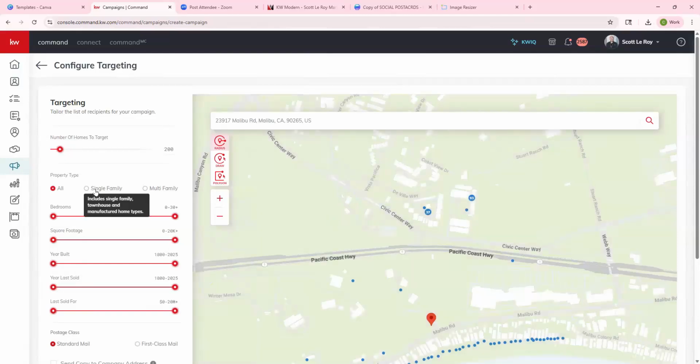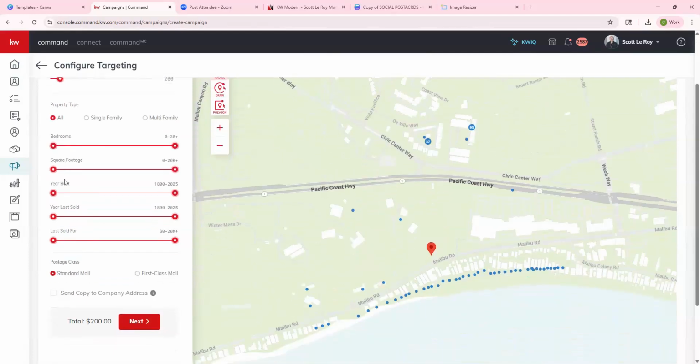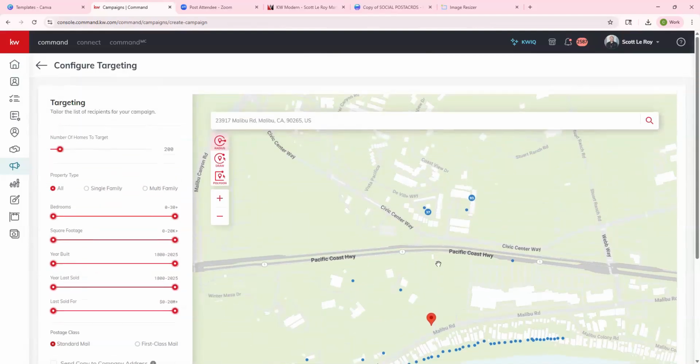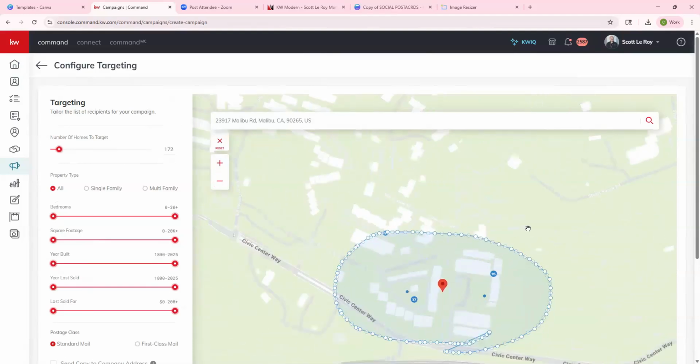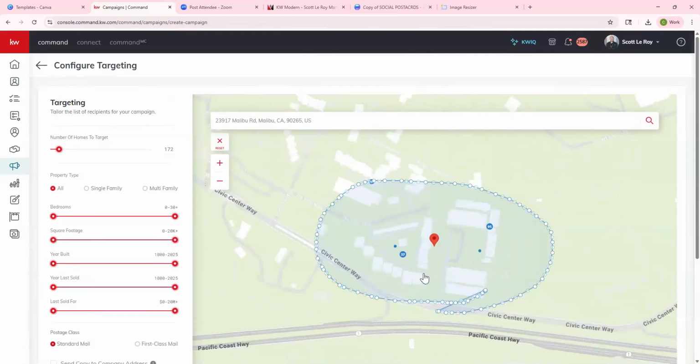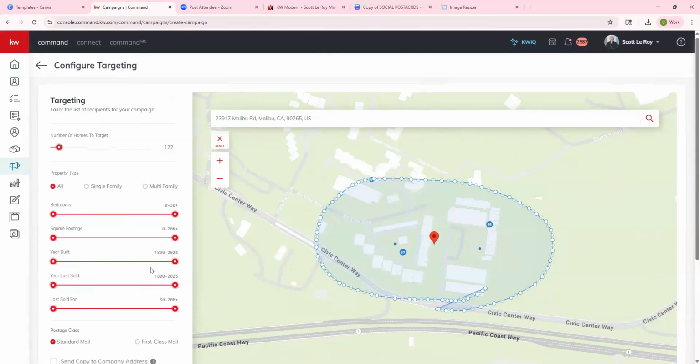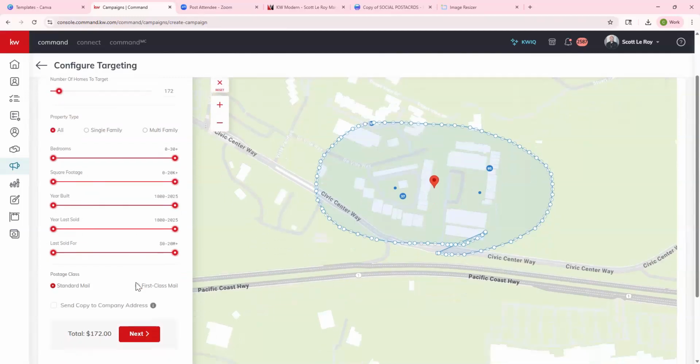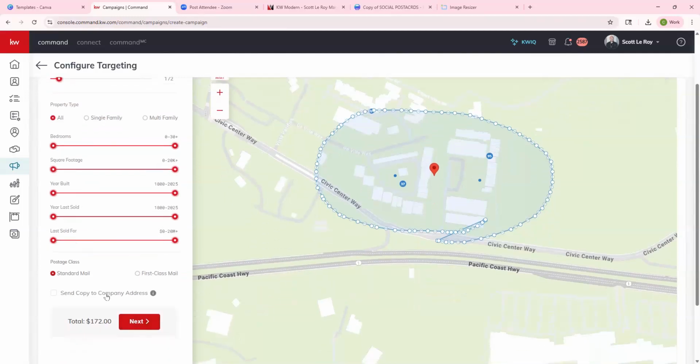We can adjust if we want single family, multifamily targeted, if we want to target based on bedrooms, square footage, year built, last year sold for, we can adjust any of that. We can also draw on our map to select a specific area. If there's not enough homes in that area, it's going to change the amount, so keep that in mind. If you did want to send it to a specific number, you can reset this and start over. You can decide if you'd like to send yourself a copy. Keep in mind your price adjusts if you are sending yourself a copy,